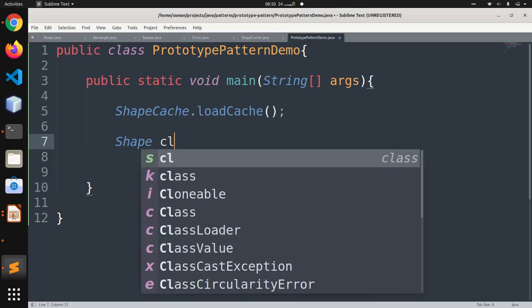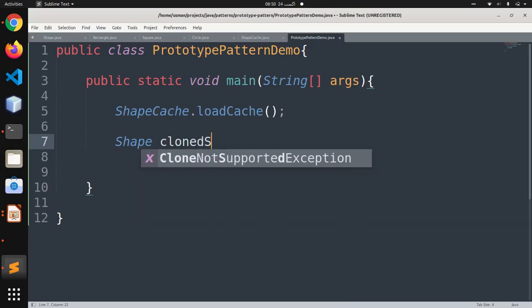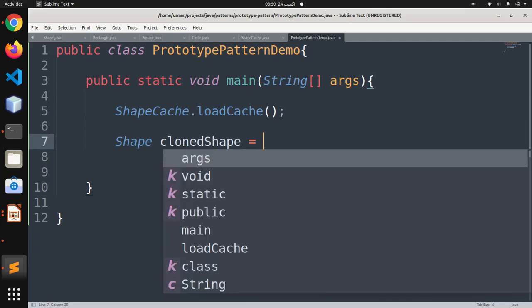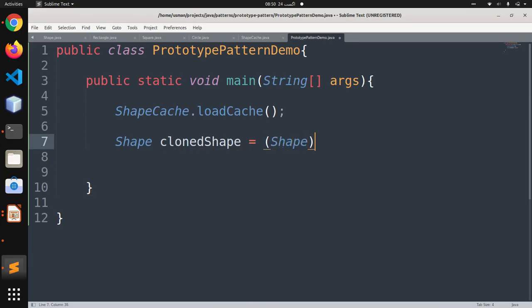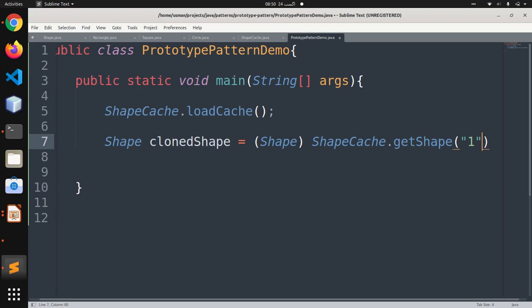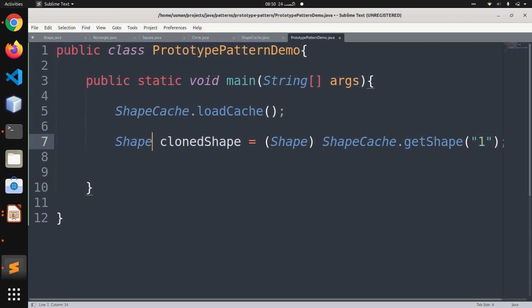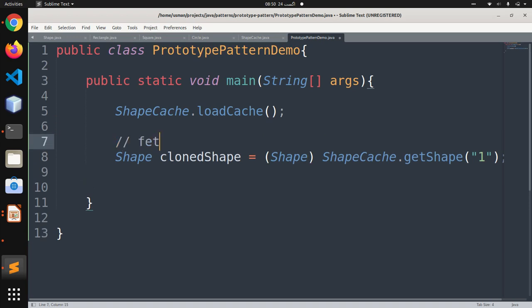Okay, now let's come back to our PrototypePatternDemo class. Shape clonedShape equals ShapeCache.getShape(1). So basically what we are doing here, we are going to fetch our circle object from the hash table that we have created in the ShapeCache class, fetching the circle object using its id from cache.